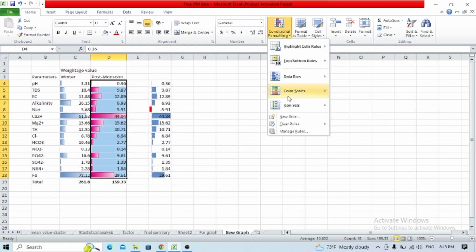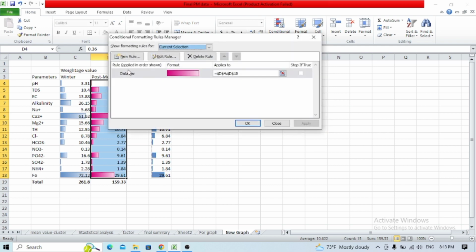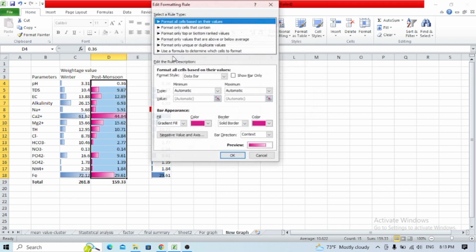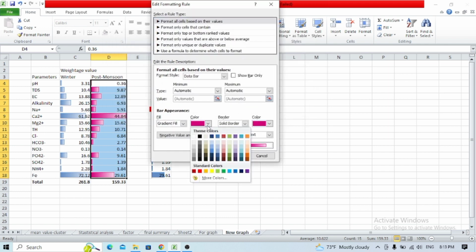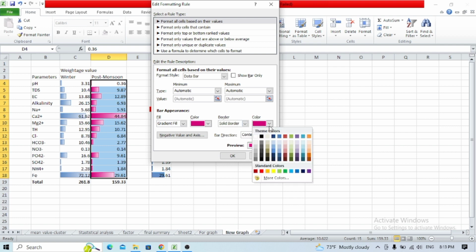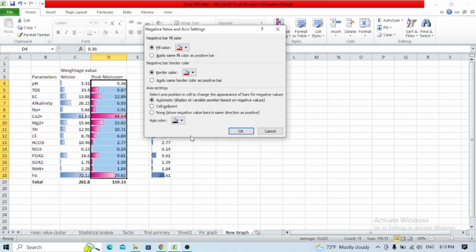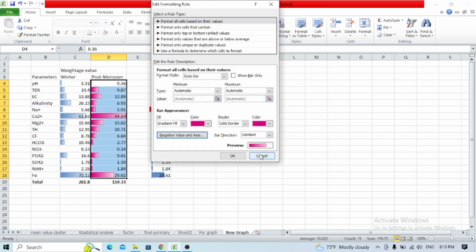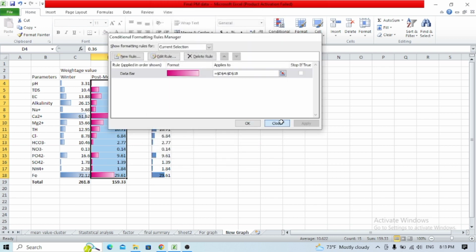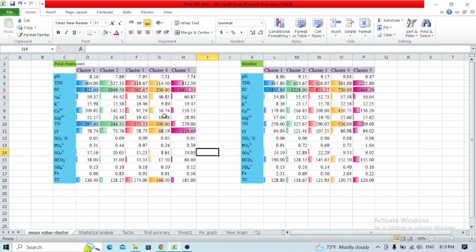If you go to manage rules, now you'll see the editing rules here. You can change the color, you can put a border as well, you can use a different color for a different row, or you can also change the gradient to solid fill. In this way you can change any value or graph in a different way. You can also use a different color for the negative value. In this way you can prepare your data graph. I hope you like this video,